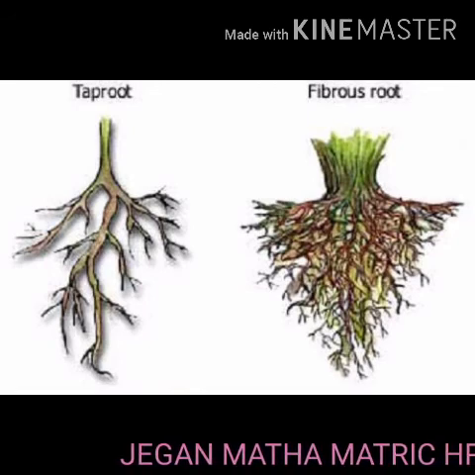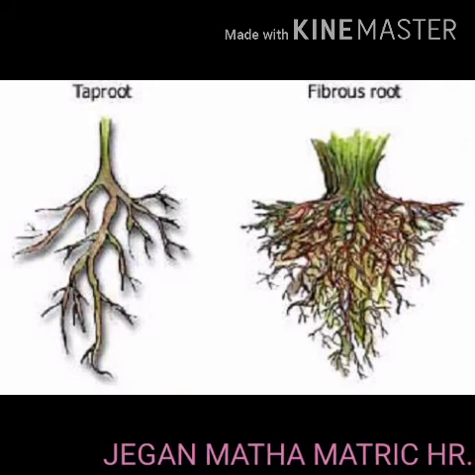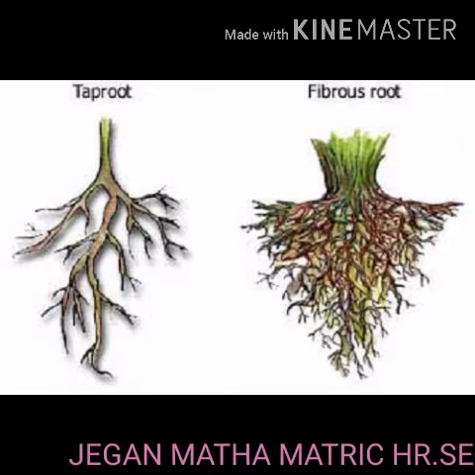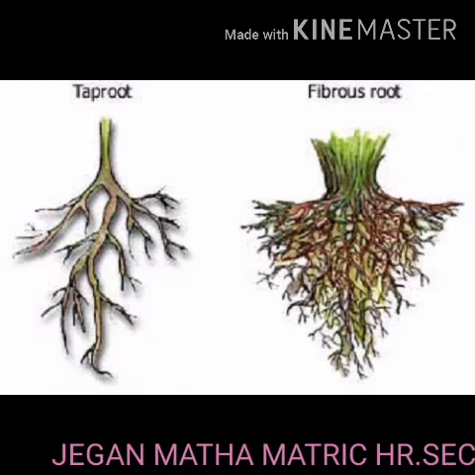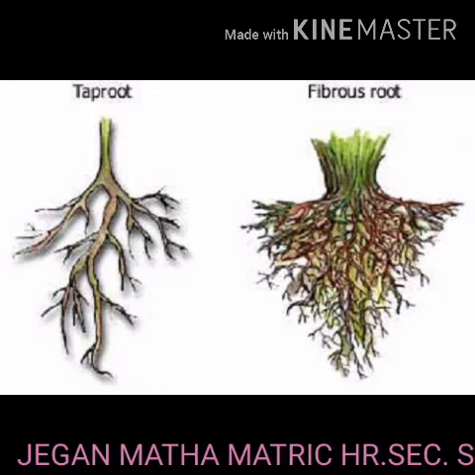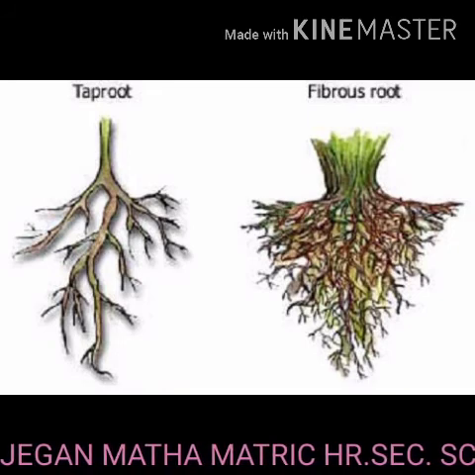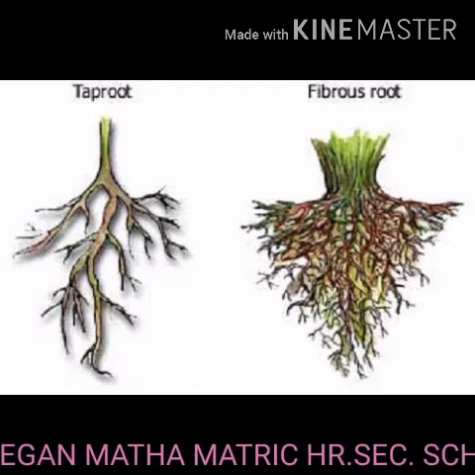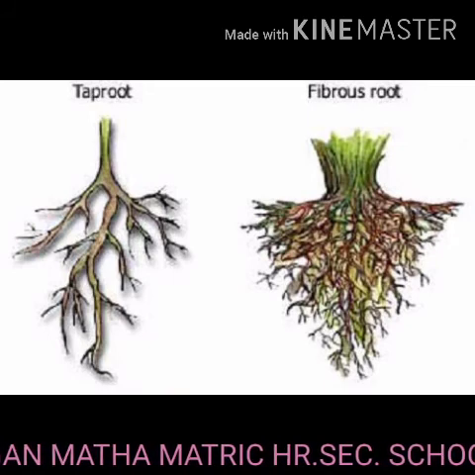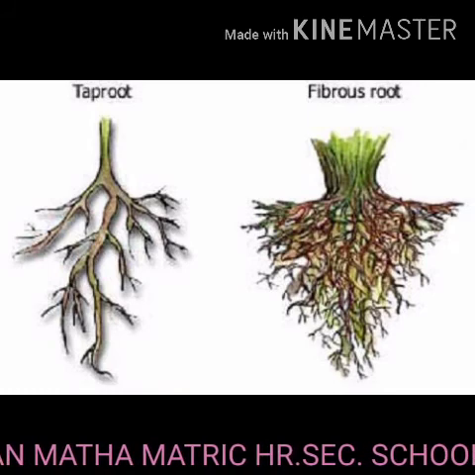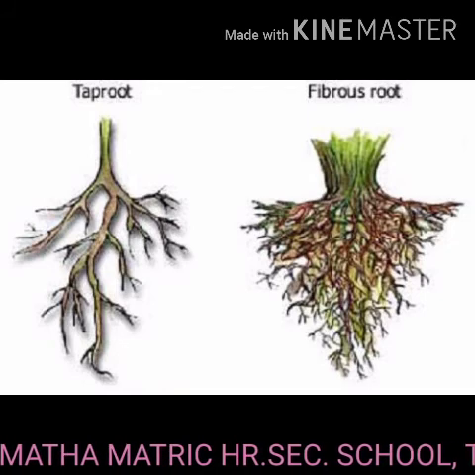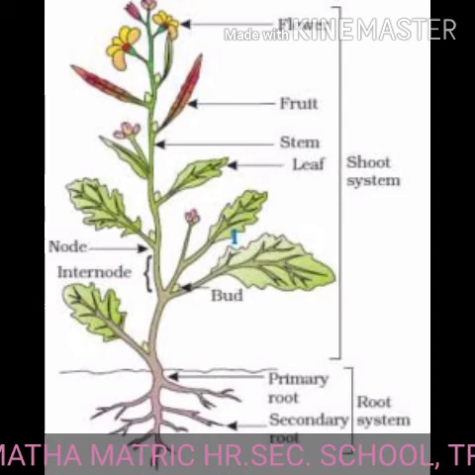Adventitious root system. Root developing from any part of the plant other than radicle is called adventitious root. It may develop from the base of the stem or nodes or internodes. In most of the monocots, the primary root of the seedling is short-lived and lateral roots arise from various regions of the plant body. These are bunches of thread-like roots nearly equal in size which are collectively called fibrous root system, generally found in grasses. Example, Oryza sativa.